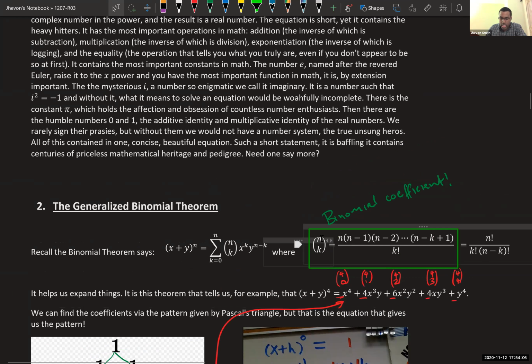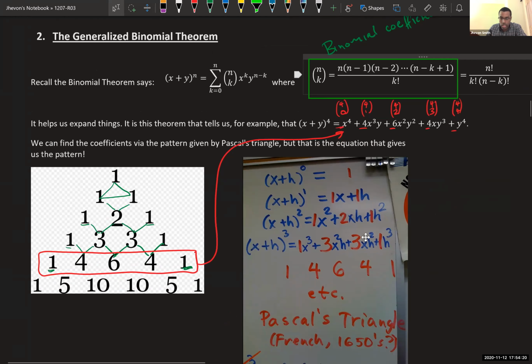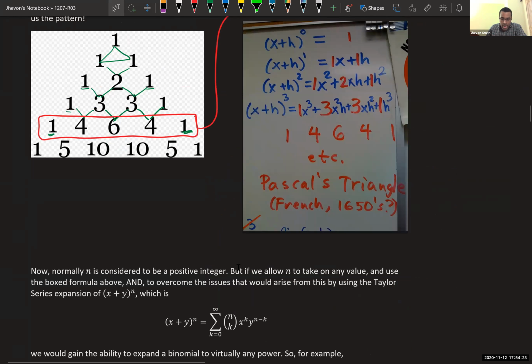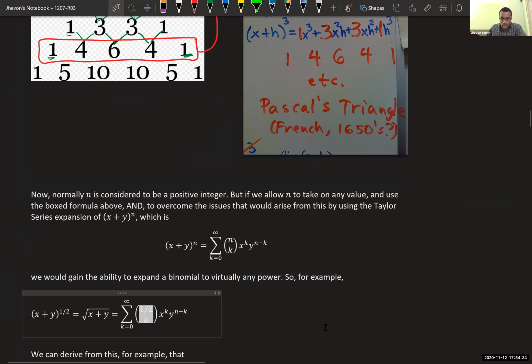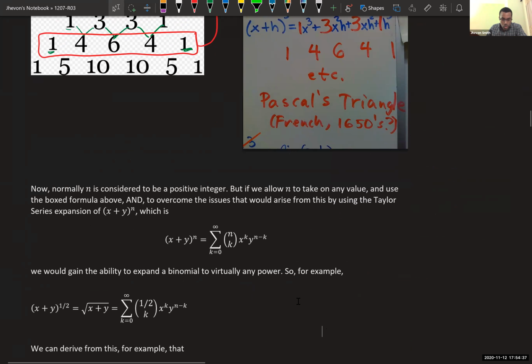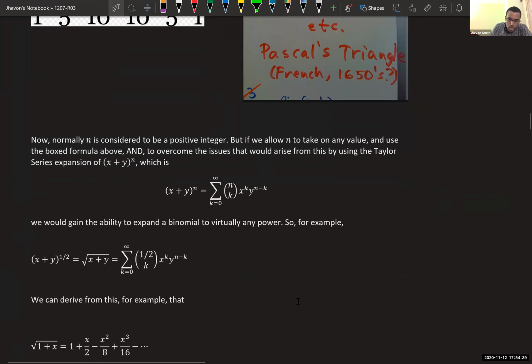For example, you can let n equal a half. Then you'd have a half times a half minus 1 times a half minus 2, and so on, all the way down to a half minus whatever your k should be. Then you can create coefficients just like in the binomial theorem, and you can prove that this converges to that. So for example, if I wanted to find x plus y to the 1/2 power, I would just plug in a half for the n value, and this would expand into